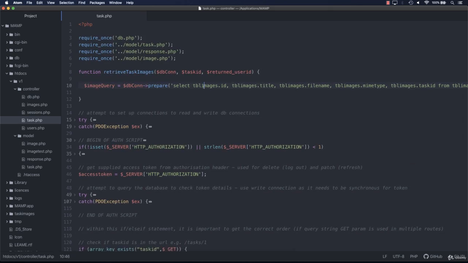So what this SQL will do, return all of the image attributes for all of the images for the